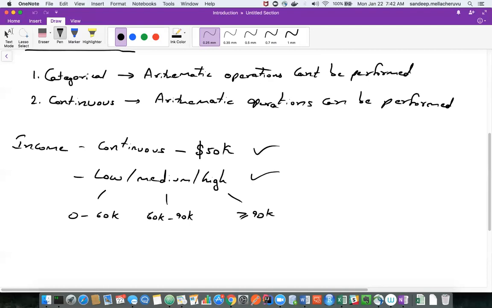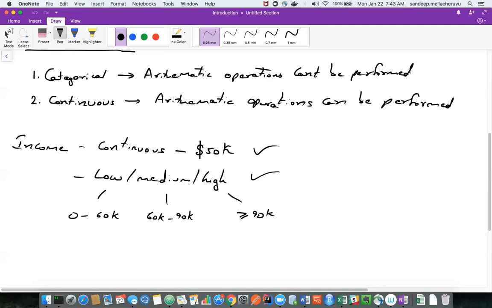Then what if you collect it as categorical data? Suppose we want to observe the income of that person, then we'll miss the exact value, and further analysis may require it. Yes, thanks, Subbu.